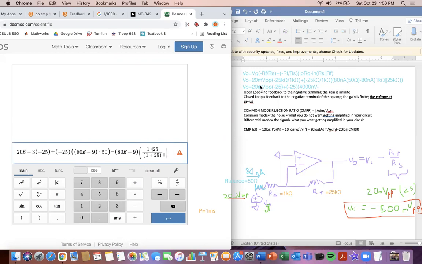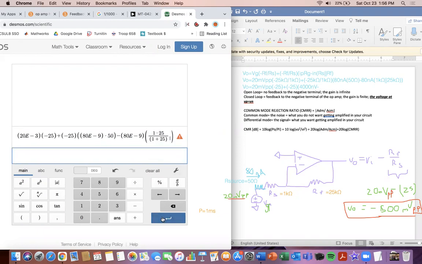So if I look here, 20e to the negative 3 peak to peak times that gain, which was negative 25 here, and then plus the gain, which is negative 25 times 80 nanoamps times 50 ohms for our resistor from this force, minus 80 nanoamps, and then times 1 times 25 divided by 1 plus 25. And then when I did that, I just left a blank there. Looks like they don't like that. So let me see if I can do times 10 to the negative 9 instead. So times 10 to the negative 9. Then times 10 to the negative 3. And when I do that, I got negative